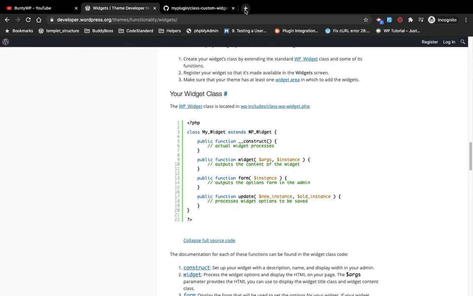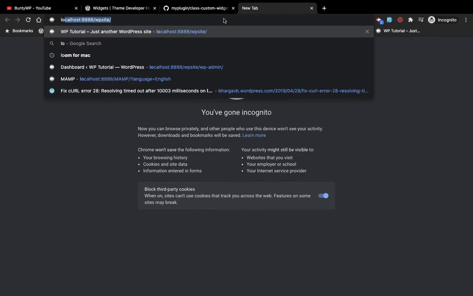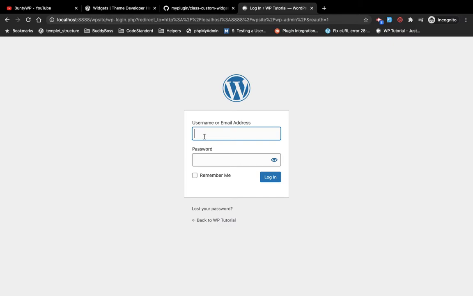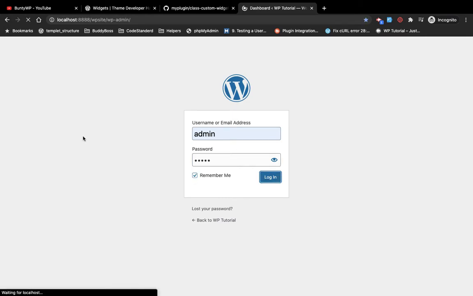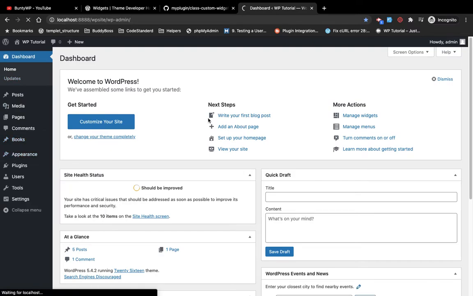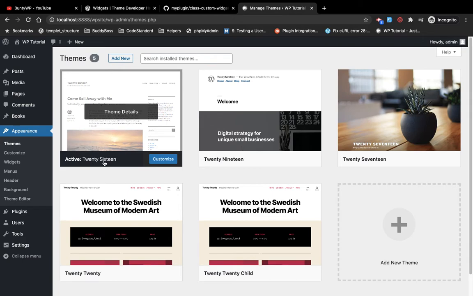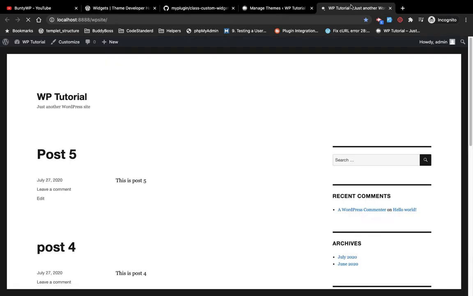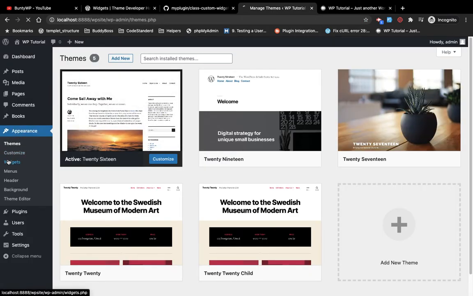Now let me open my local site. I will log in. First let me check which theme is there. So 2016, yes, 2016. In this theme we have this sidebar. I will go to the widget section